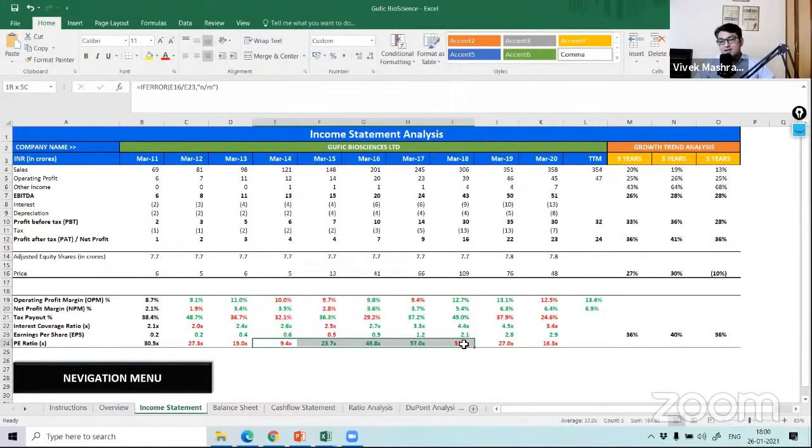The PE re-rating happened till 2018, but then there is a sudden drop. What does this indicate? I told you just some time before. This indicates that potentially the market is factoring that future growth might not be that good. And if you go to the TTM profits, the market is right. Here it is 22, there it is 23, and here the TTM is just 24 crores. So this jump which they saw, 9 to 16 to 22, it was all factored in over here.